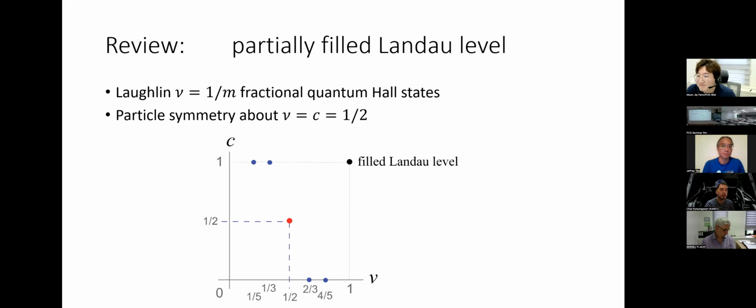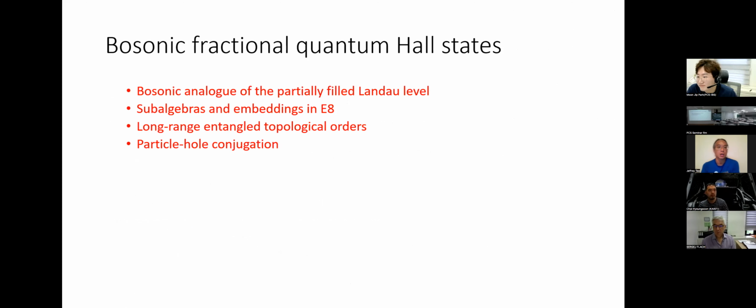So then I can move on to the next part of my talk, on the bosonic analog of fractionally filling the Landau level. We have discussed the bosonic analogy between the E8 state and the fermionic Landau level. The next step is to consider what states correspond to partially filling the Landau level. This would correspond to states that are partially occupying the E8.